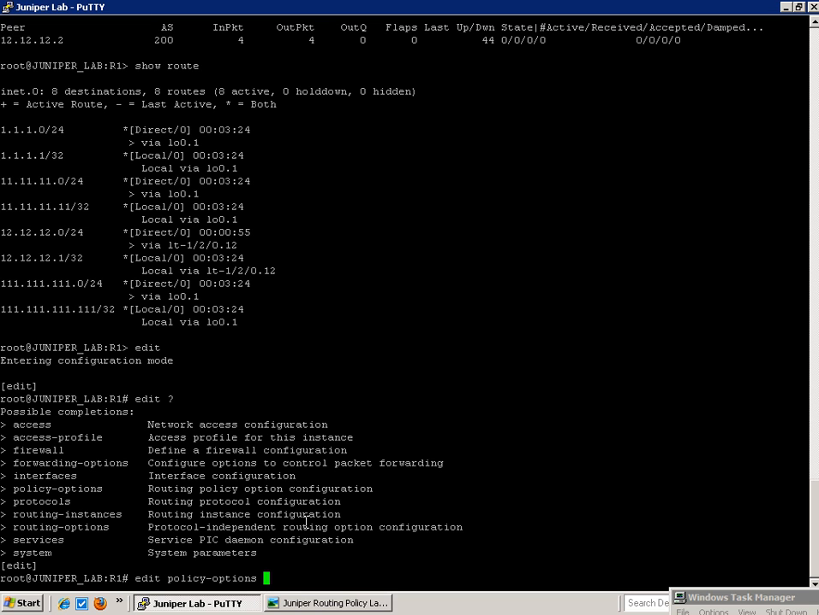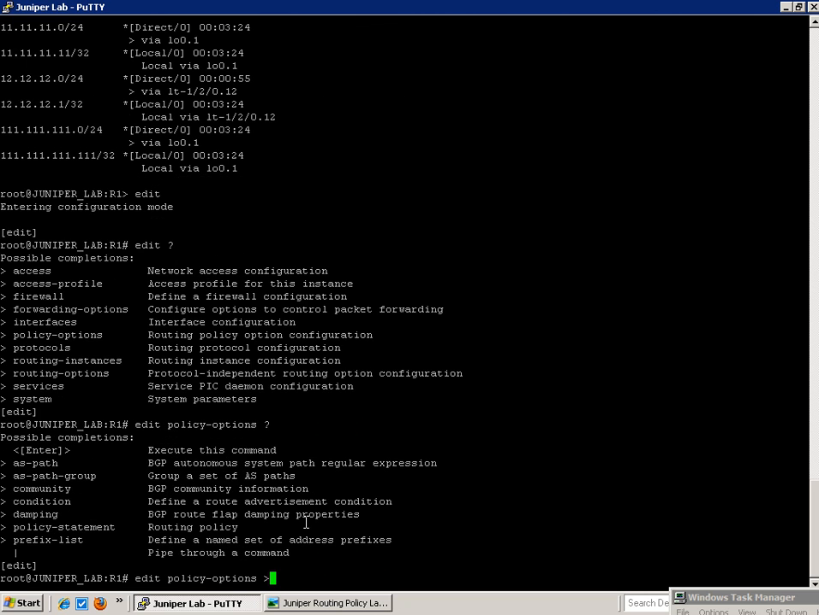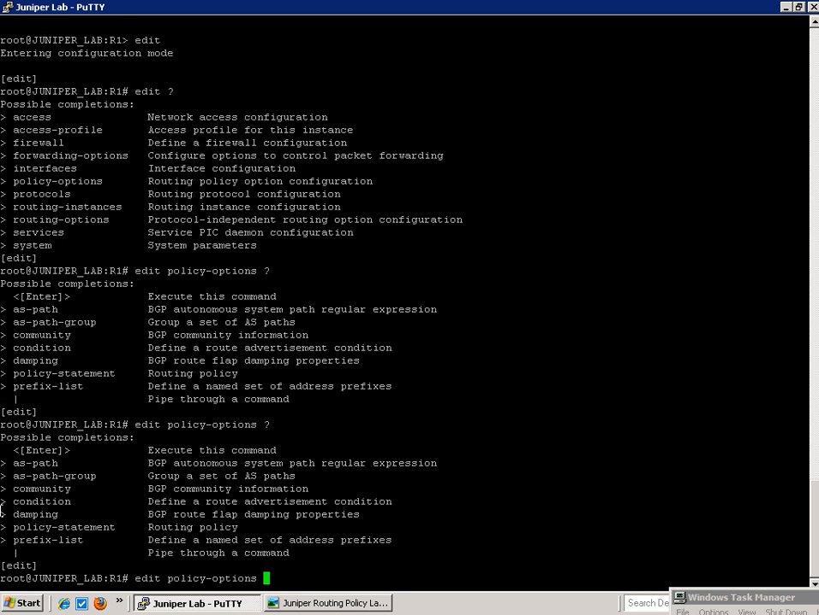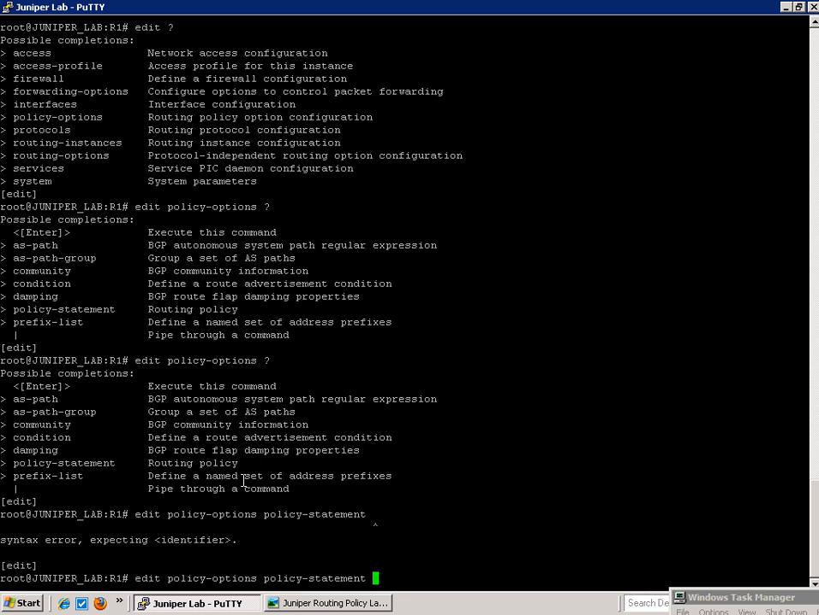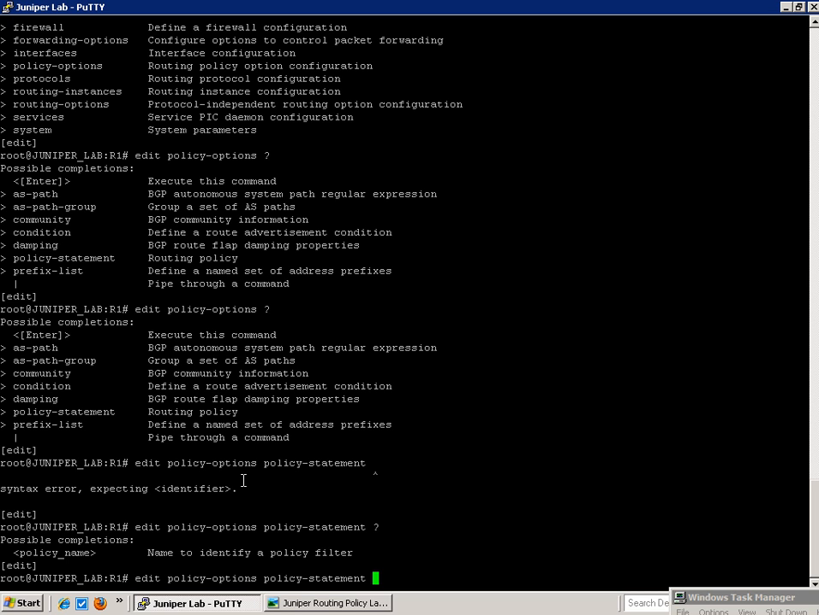and then policy-statement. So if I do policy-options and then space question mark, you see that we have what's called a policy-statement, and this is the routing policy. So this is where we're going to do most of our configuration. So edit policy-options policy-statement. And then you see if we just try to hit return there, it gives us an error. So if we do a space question mark, you see that we're going to have to name our routing policy. So we're just going to name this policy BGP-export